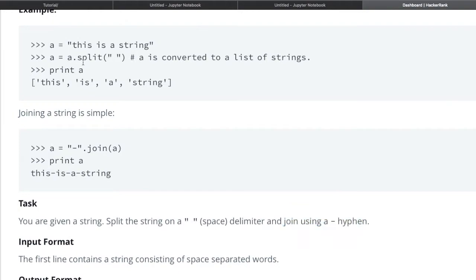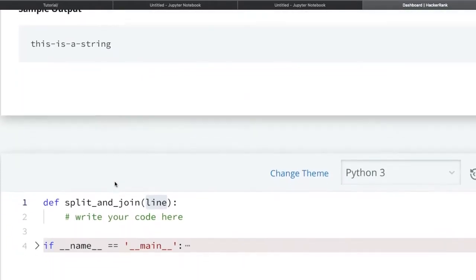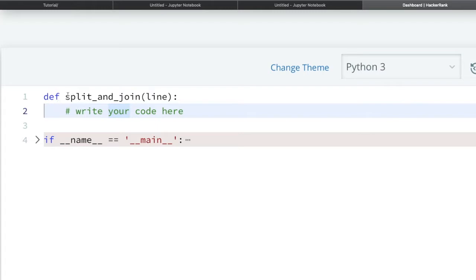You can see here they have used split, meaning they are splitting the given string on the basis of space, and after the split this is my result. It will return one list which contains the substrings. Now we have to apply the join function on this list, meaning we join all the substrings with a hyphen between them. You can see here this is my output, with a hyphen between two substrings. After joining we get this as output. So we have to complete this function split and join. Here they are passing the simple string. We have to write our logic here.